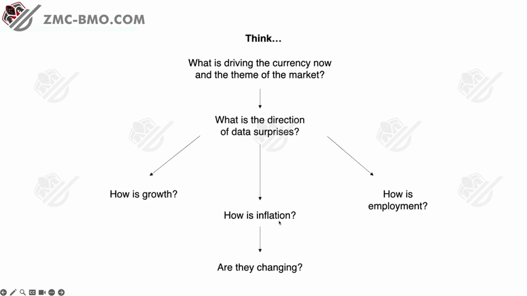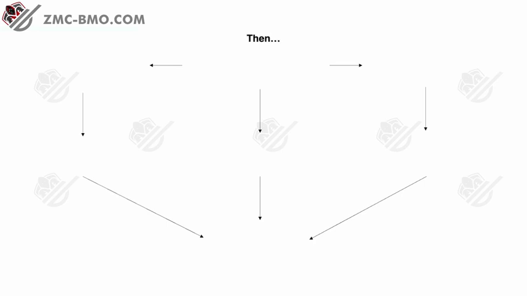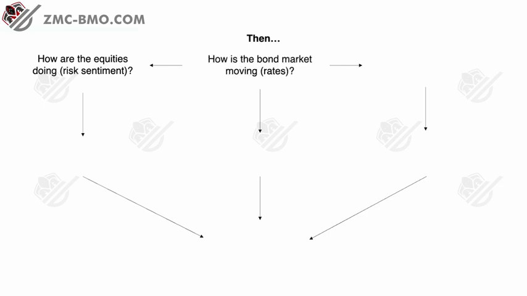Then what you can consider from here is how equities are doing. These are the pillars of FX: equities, bonds and commodities. These are things you have to consider, and you'll learn that in the advanced section. How are equities doing, which is seen as risk sentiment? Certain currencies are more sensitive to risk sentiment, and certain currencies are negatively affected by risk on, for example. How are the bond markets moving? Obviously, what rates are doing. We know the reason you were bullish the pound was because rates were moving higher.